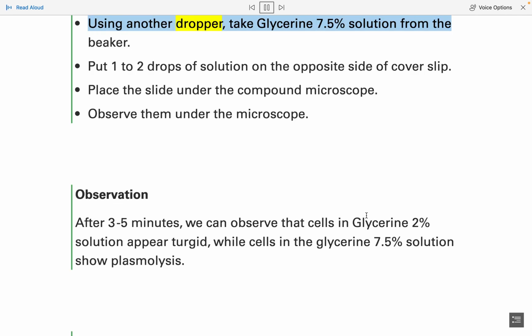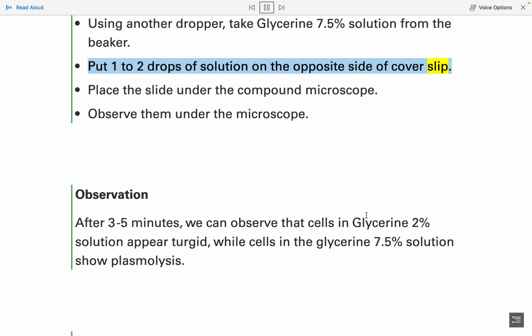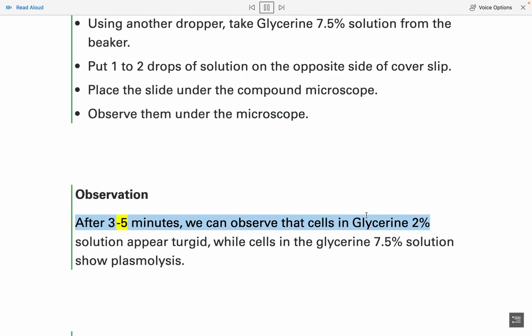Using another dropper, take glycerin 7.5% solution from the beaker. Put 1 to 2 drops of solution on the opposite side of the cover slip. Place the slide under the compound microscope. Observe them under the microscope. Observation. After 3–5 minutes, we can observe that cells in glycerin 2% solution appear turgid, while cells in the glycerin